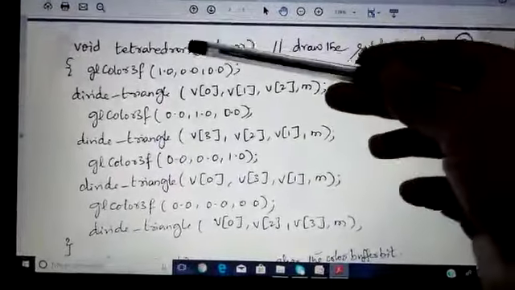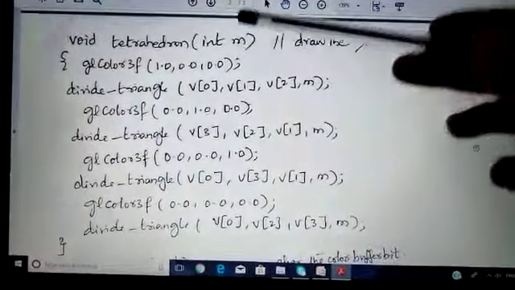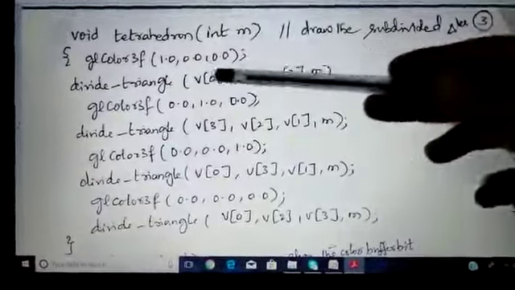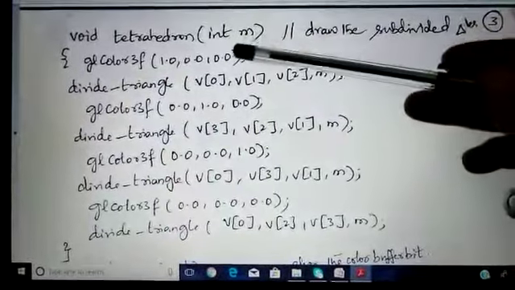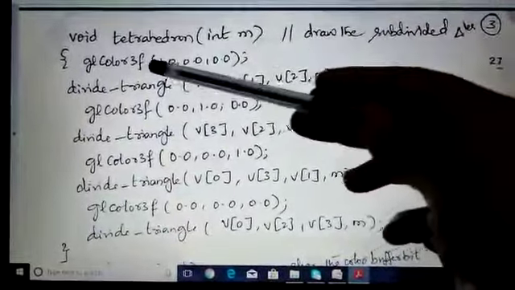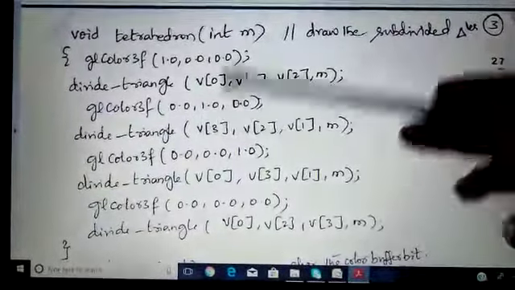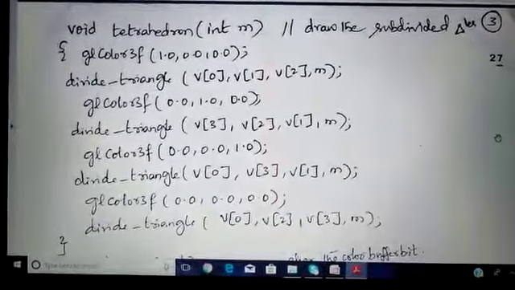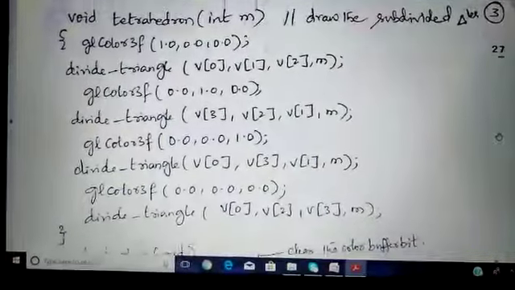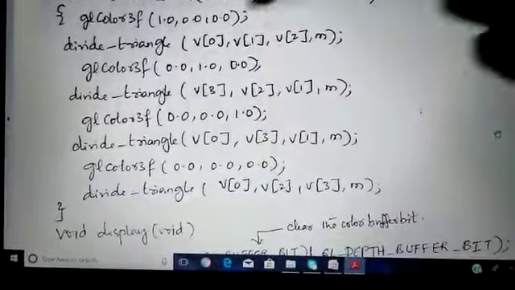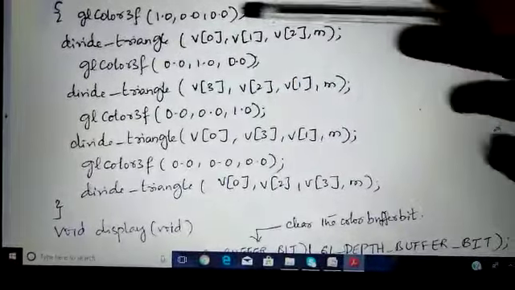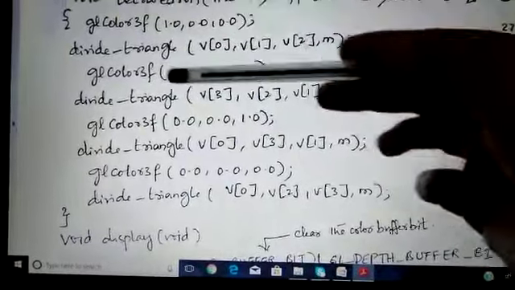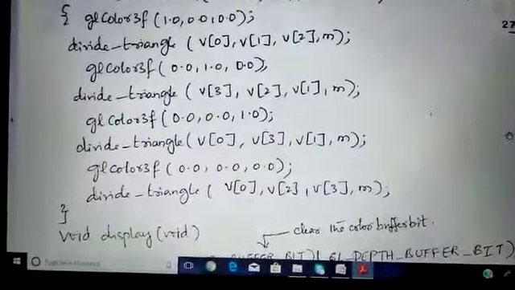And that is how we subdivide all the triangles here, and whenever we subdivide we are providing the attributes to that. That is what attributes we are providing. We are providing different colors to each of the triangles so that we can specify the different kinds of recursions happening in a tetrahedron object. So you can see, once we have divided a triangle, we are providing the color to it like that.